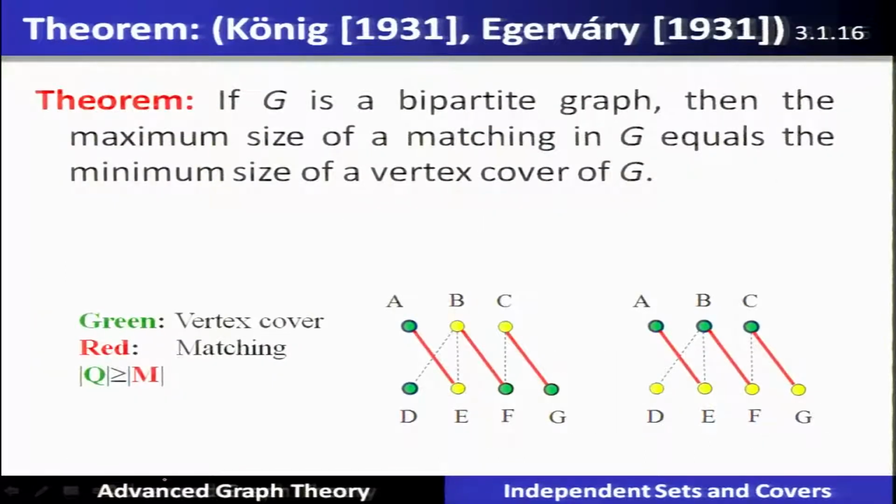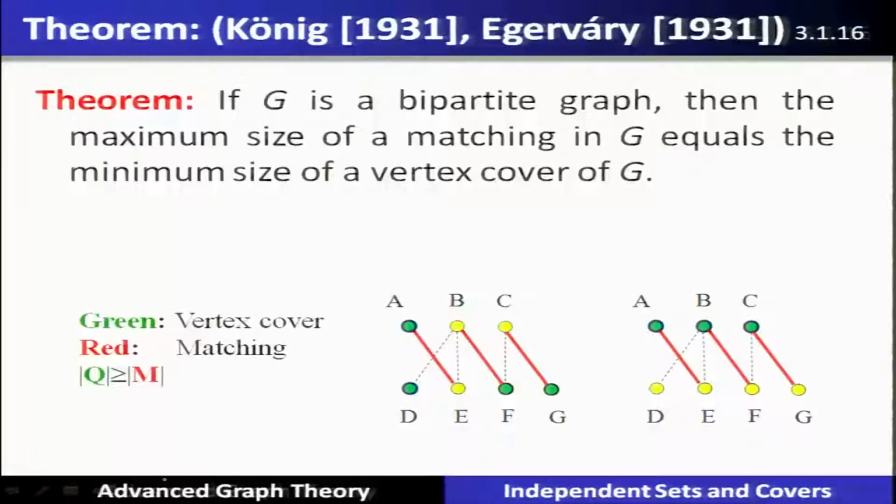The König-Egerváry theorem. The statement of the theorem says that if G is a bipartite graph, then the maximum size of a matching in G equals the minimum size of the vertex cover. In the last lecture, we discussed the implication of this particular theorem on a bipartite graph, and we saw it in this particular figure,